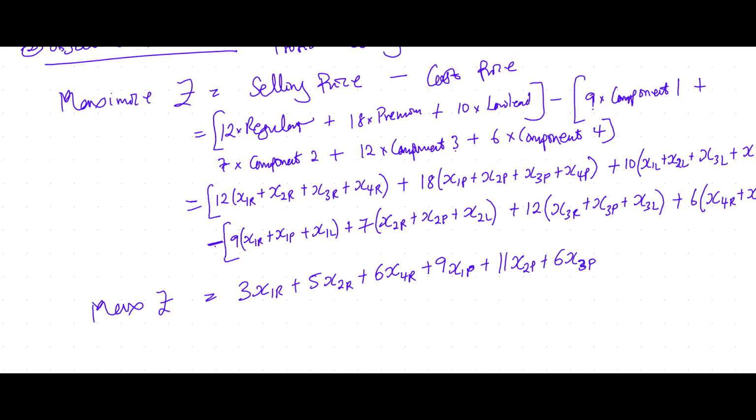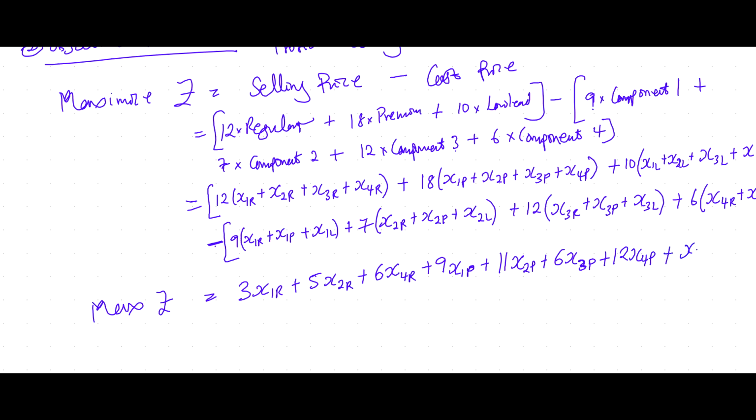So 1, 2, 4, 1, 2, 3, and component 4, 12x component 4 in premium, then plus